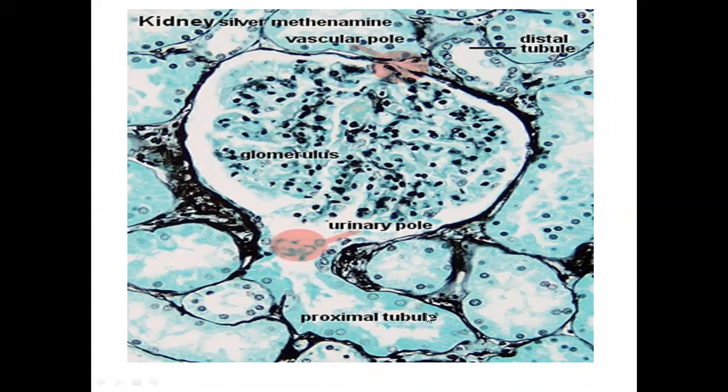And then we can look at the cross section of the proximal convoluted tubule, distal convoluted tubule like here, and then the distal convoluted tubule lining cells which are making a dense population here along the vascular pole are termed as macula densa. We will see this again later.